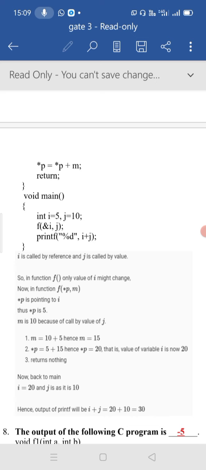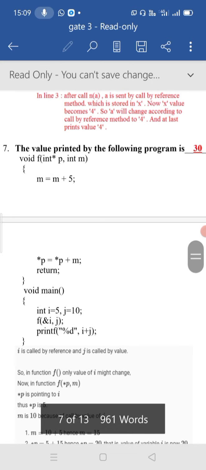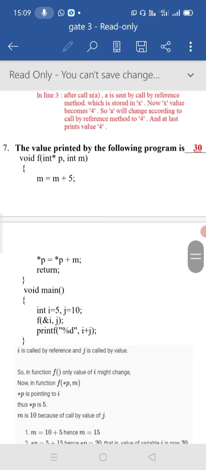F of ampersand i comma j. So we need to pass the values 5 comma 10. Now 5 is placed into the p, and 10 is placed into the m variable.